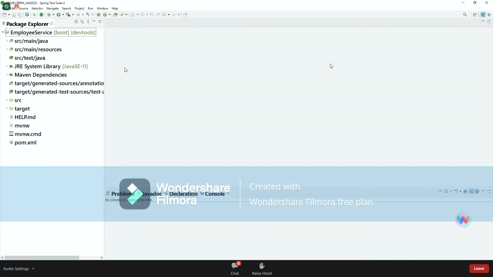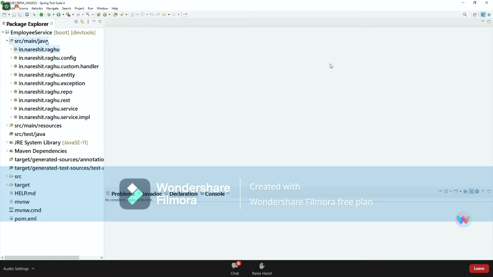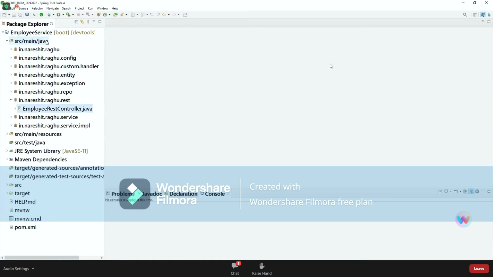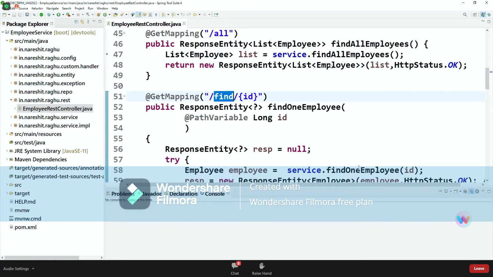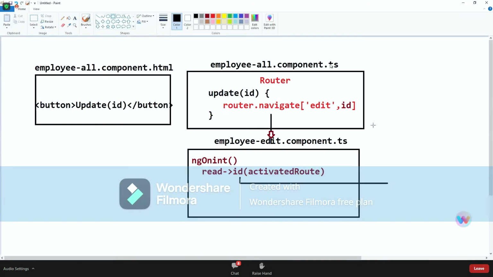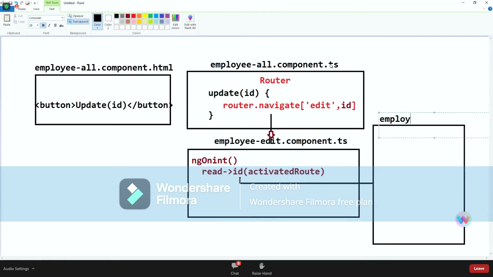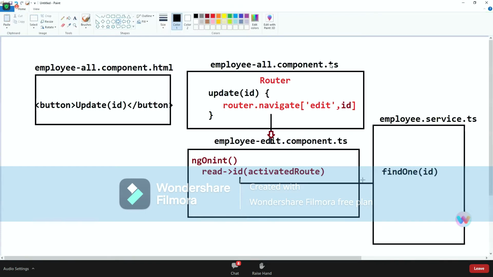There is a backend URL you can see here: find by ID. By using the employee service, I am going to write a method, find one employee by ID. I'm just going to call the service.